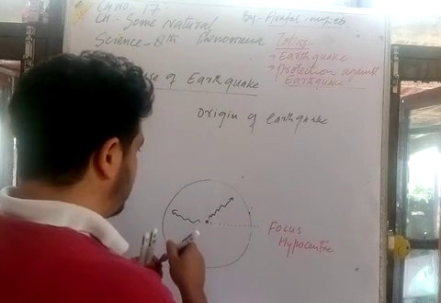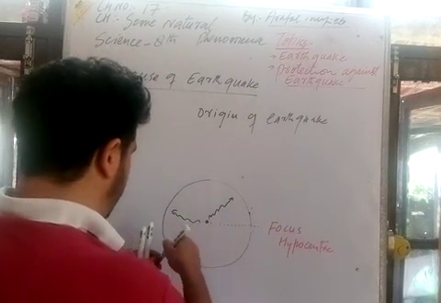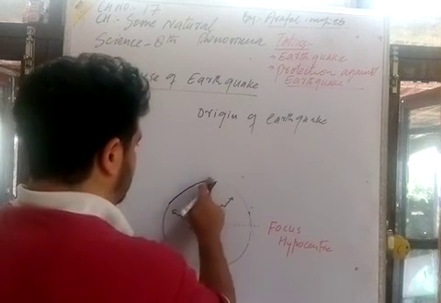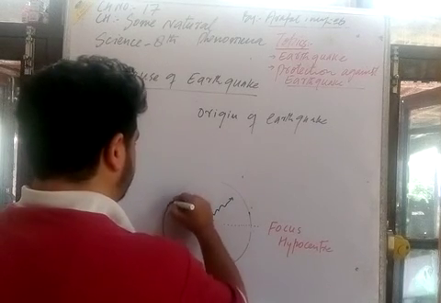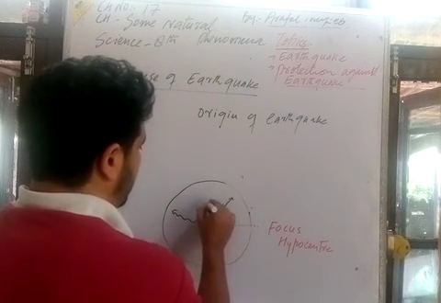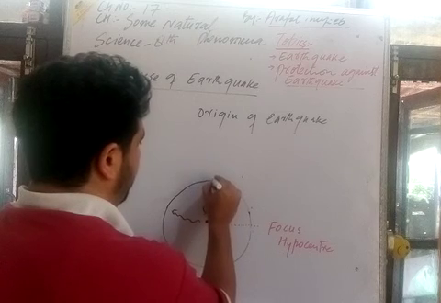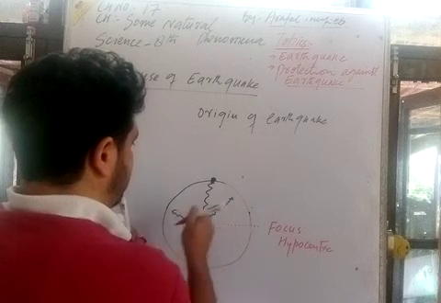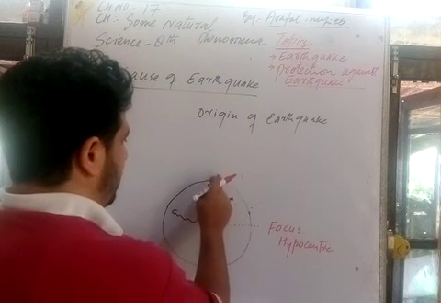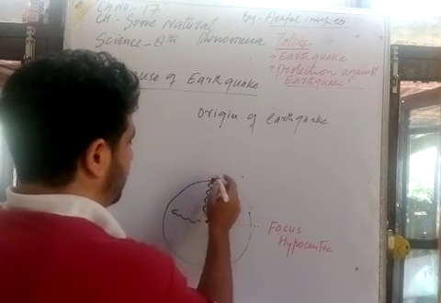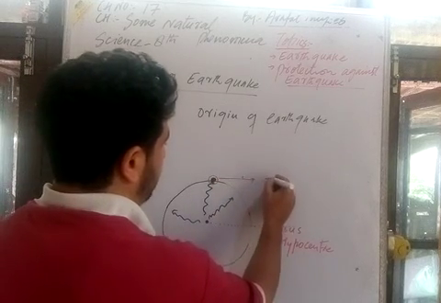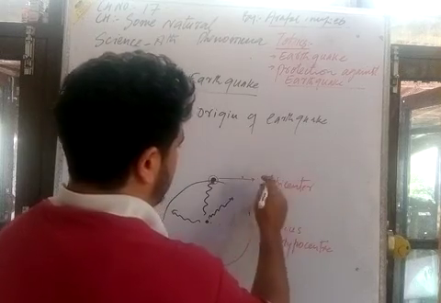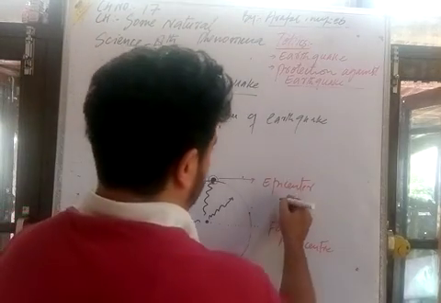And when these waves reach the surface of the earth, at some point on the surface, this is known as the epicenter, where there is the effect of